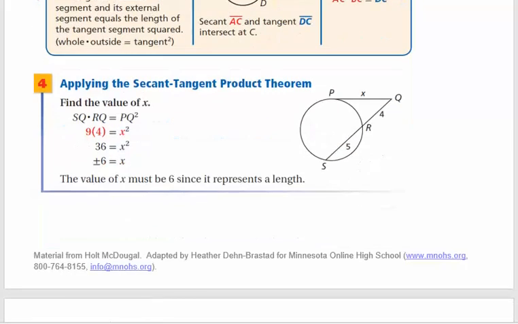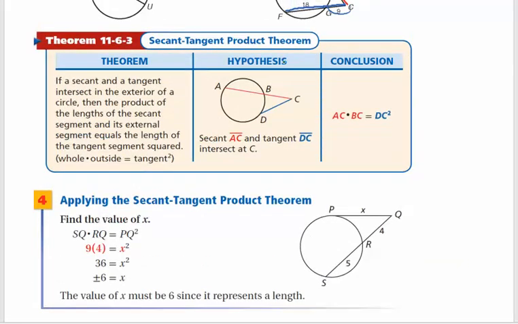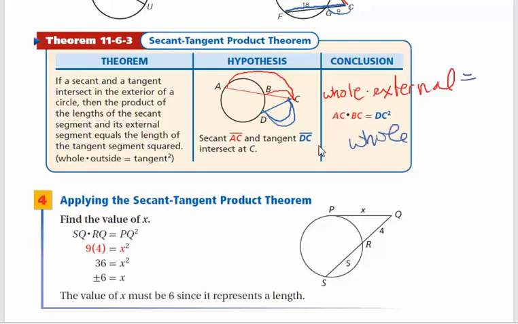All right, oops, I went a little too far. The secant tangent product is really the same. It's going to be the same thing. You're going to take the whole times the external. Now, on the other one, you could do the same thing. You could say the whole times the external is equal to the whole times the external. It's just that those will be the exact same number,